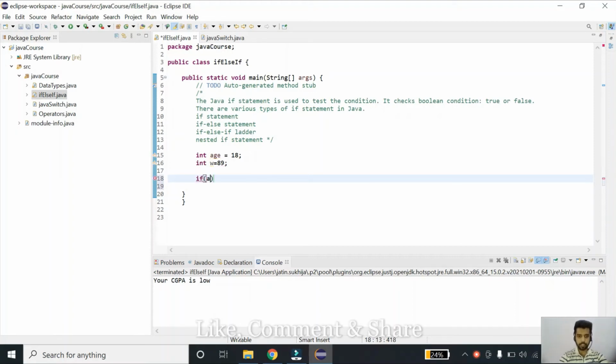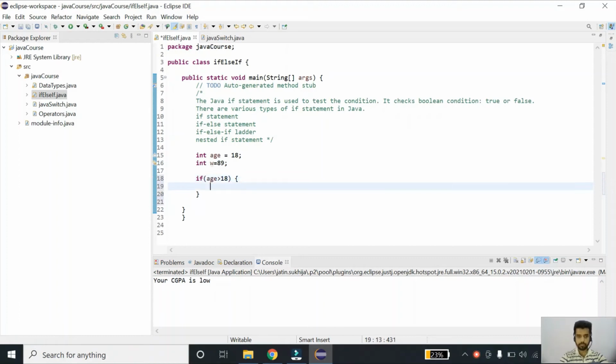If age is greater than 18, sys out your age is greater than 18. Now here for donating blood I have to check two conditions.